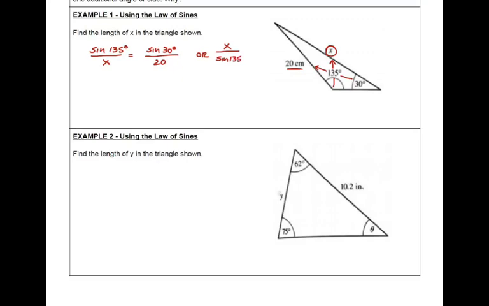Or I could write it x over sine of 135 equals 20 over sine of 30. Those are both equivalent. I'm going to work with the one on the left because it's typically how you'll see it, but you should be able to find the same solution either way. So now in order to solve that,